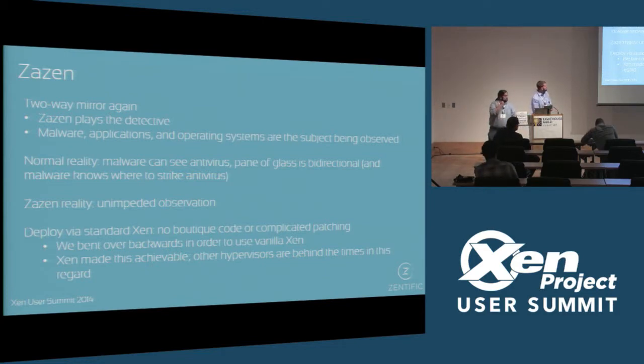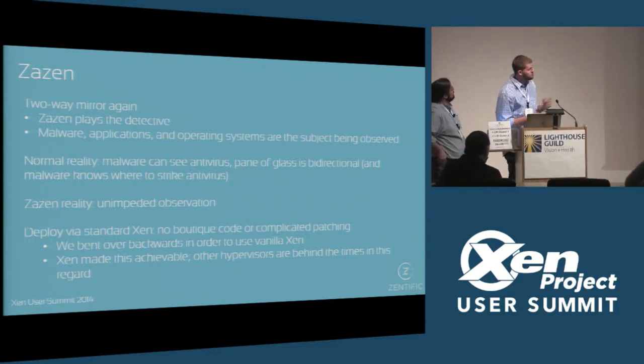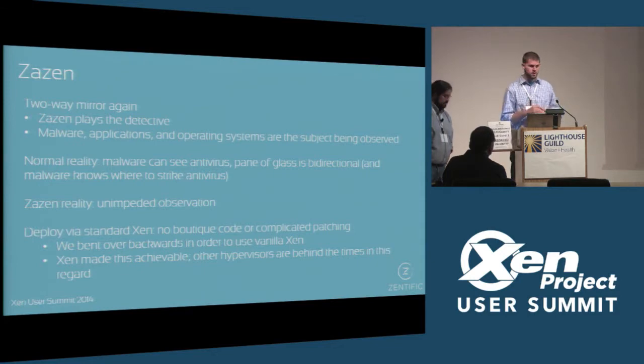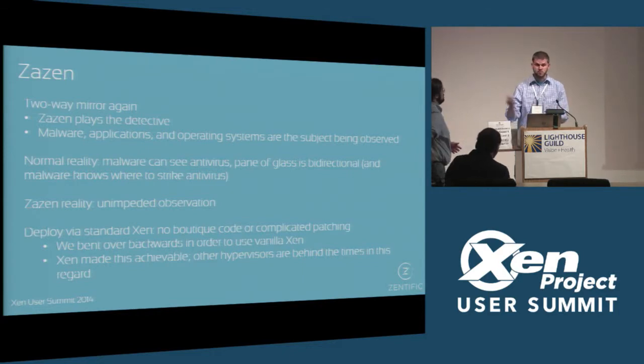So we've already talked about how we're in an unimpeded position because we're looking at VMs from the outside. Zazen kind of is the detective that's sitting behind the two-way mirror. One of the things that we wanted to do with Xen was we didn't want to have a ton of patches put in by the user. We didn't want to have all these complicated builds to do it. So we stayed very true to what Xen is. When you download Xen today, you can use a lot of what we have. I think the only changes, you don't even have to use this really, is the XSM modules. That's really the only thing that's an optional build at the moment.